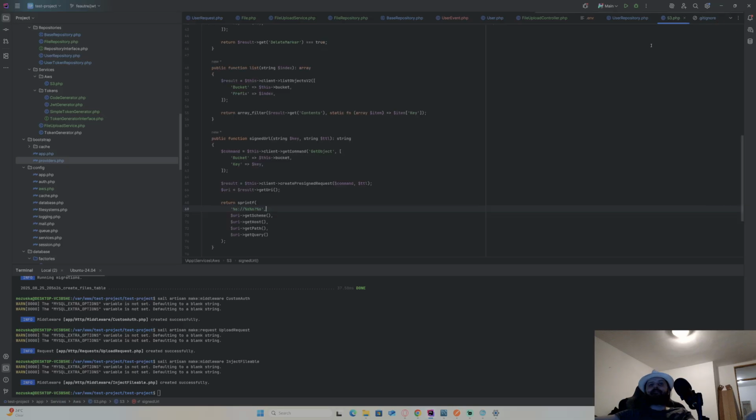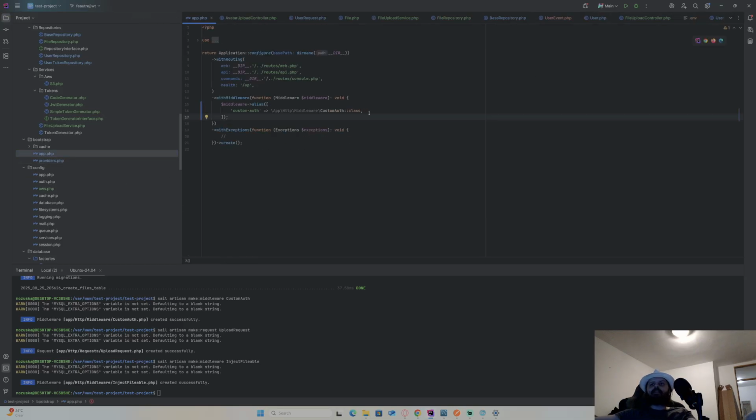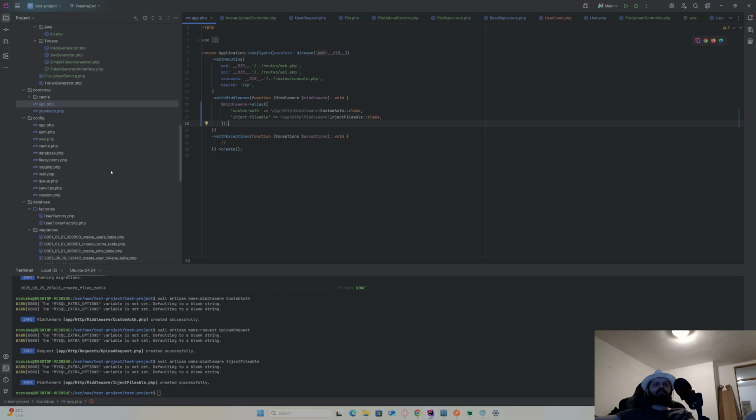Wrong one. Here. And let's call this inject fileable. Inject fileable. It's this one. It's not mosquito that's flying here, it's something else. Great. It will be bad for mosquito. And inject fileable. I'll just implement this middleware immediately